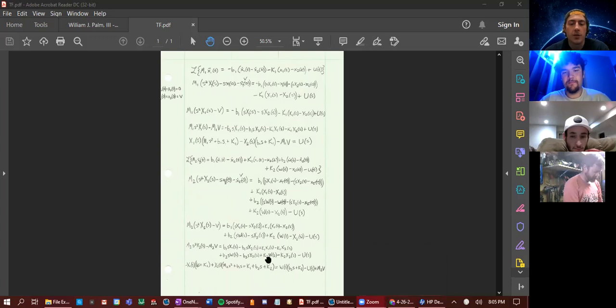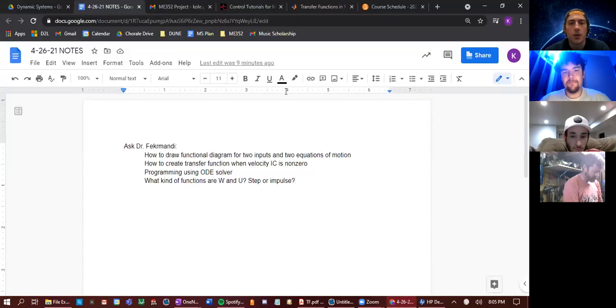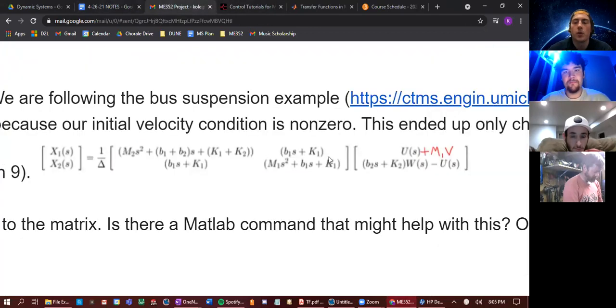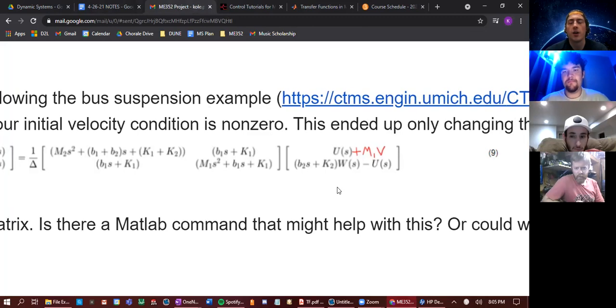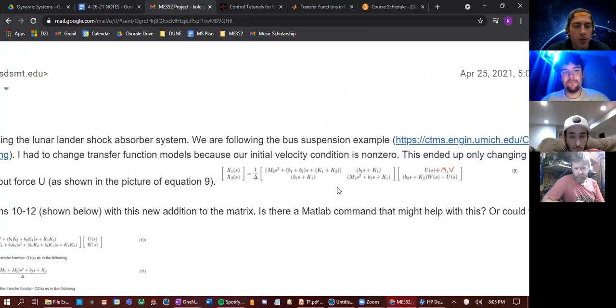What ended up happening is the only thing that was different is the force function U for an actuator controller gets an additional velocity times the mass of the lander. And unfortunately, this throws a wrench in the setup,